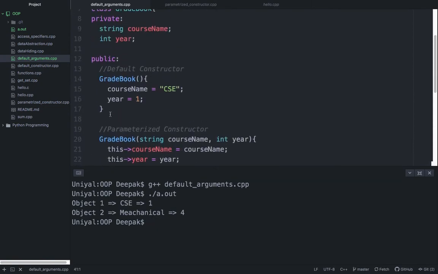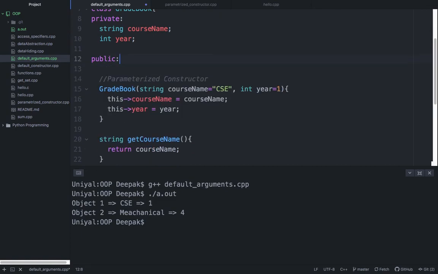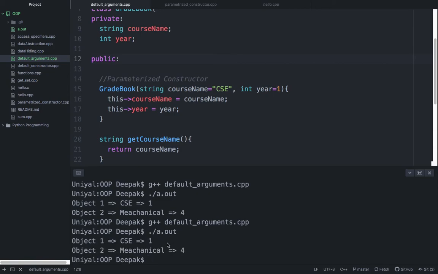What you can do, you can remove this whole default constructor and create default values of course name, which is CSE, and year 1. Now even if you remove this, the output will be the same. So let us compile this program and run it now, and see there is no difference, right?